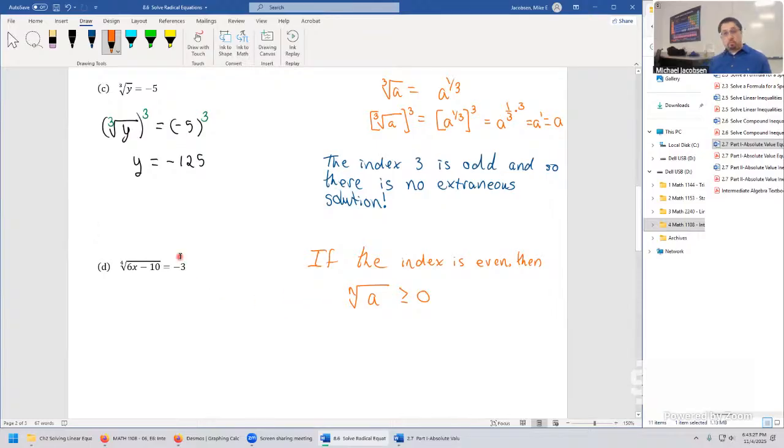So the moment the problem starts with a negative 3, there's nothing we're going to be able to do algebraically to get a solution out from this. Even if we raise both sides to the power 4, algebraically we'll get a number, but that number when we plug it in is never going to check as true because you can never get a negative number out for any even root. So just for a quick example,